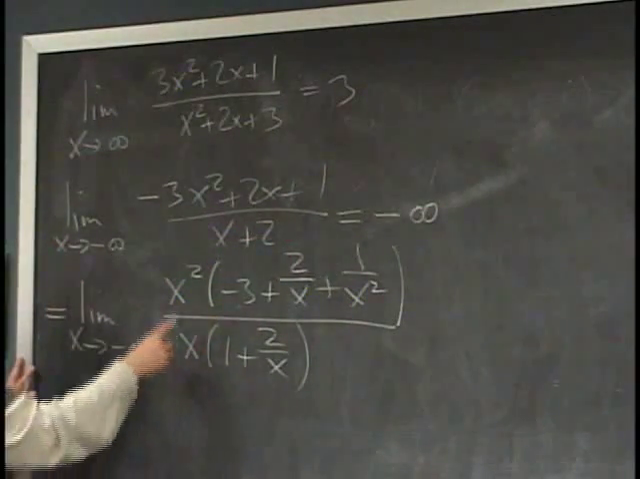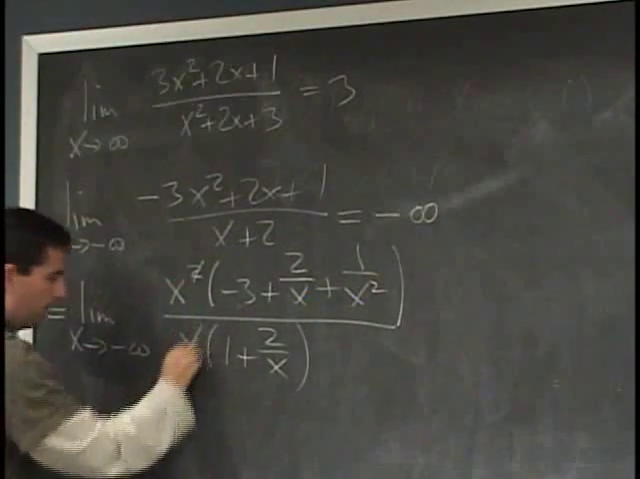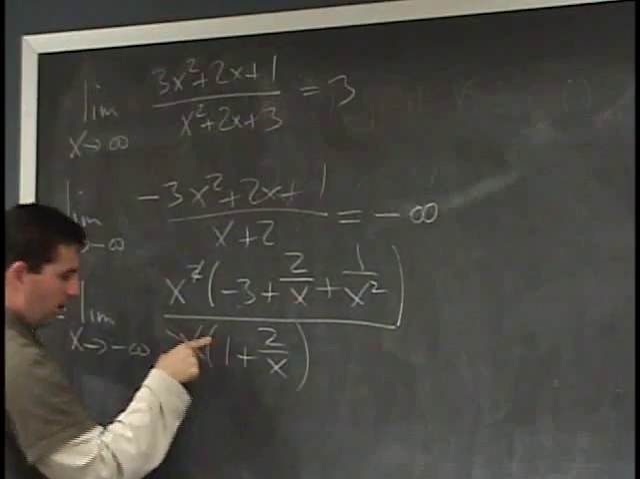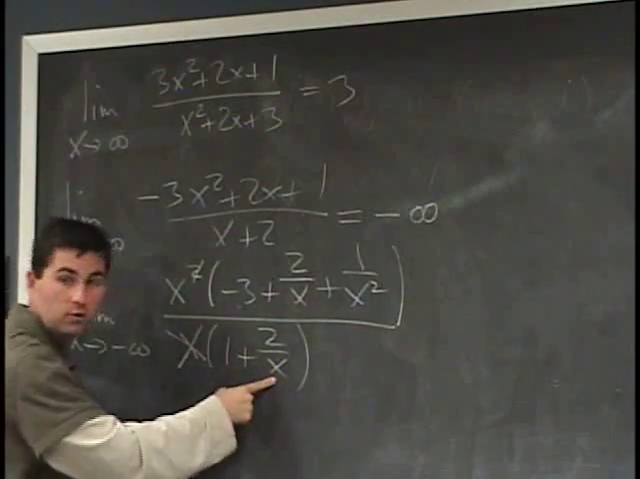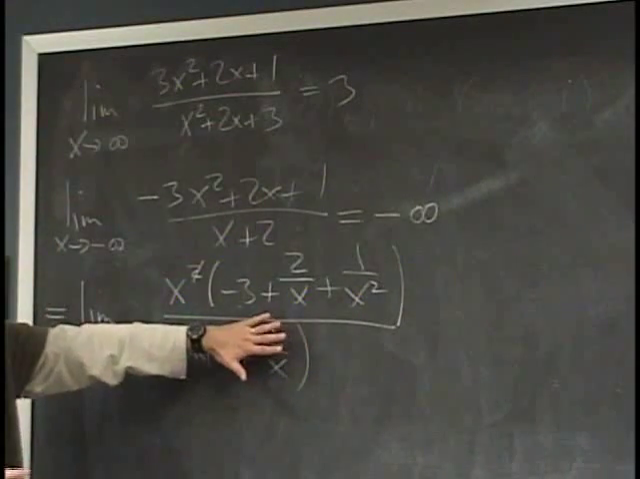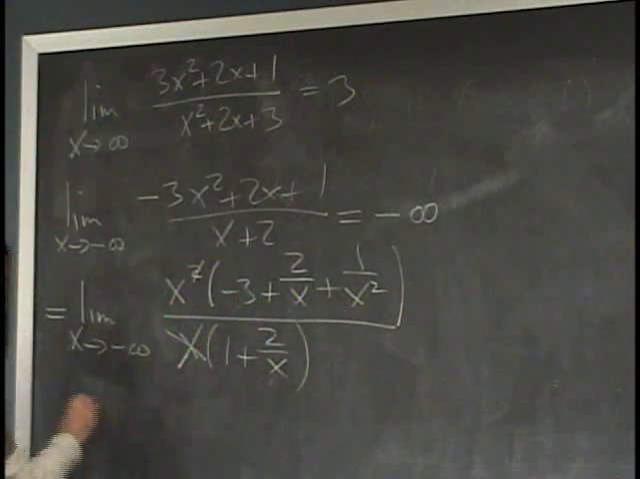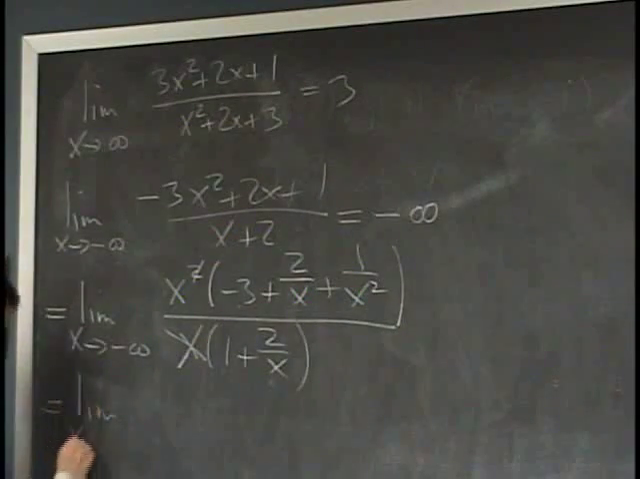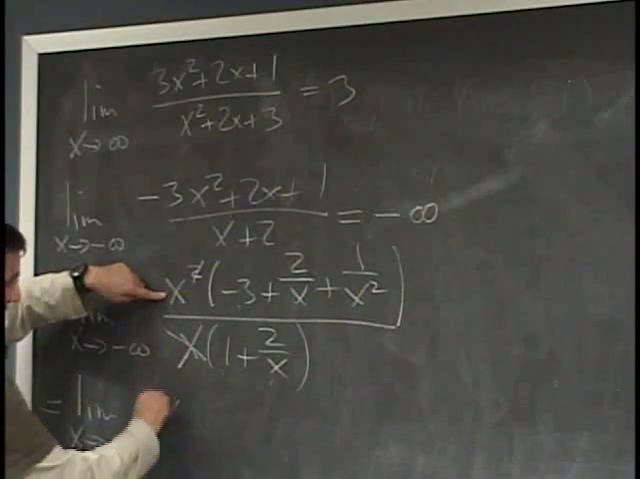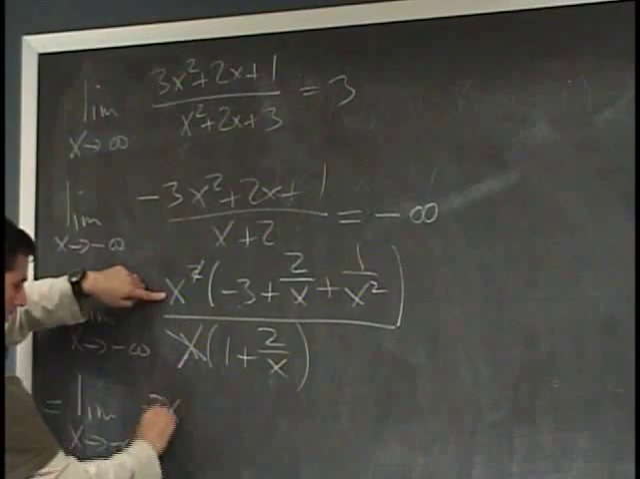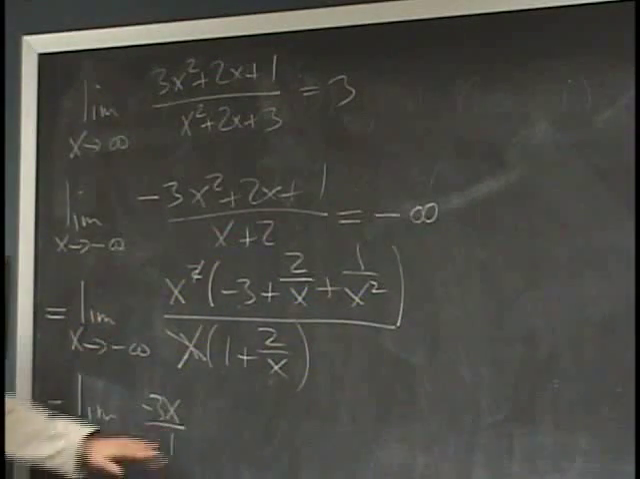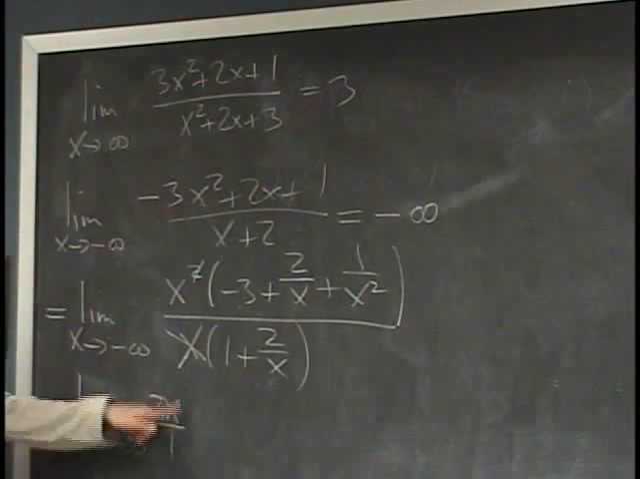On the bottom, what happens? Well, first you'll cancel, so you'll just have an x. And on the bottom, you have something that's 1, and then you have something that's going to 0. So this is just going to be a 1 on the bottom, so you don't even have to worry about it. So again, as x goes to minus infinity, the only thing left here is the x, the minus 3, over 1. And of course, the over 1 doesn't matter. So as x goes to minus infinity, this function goes,